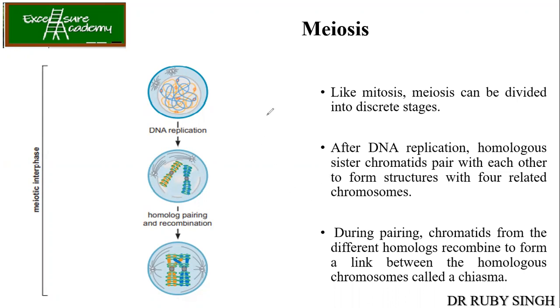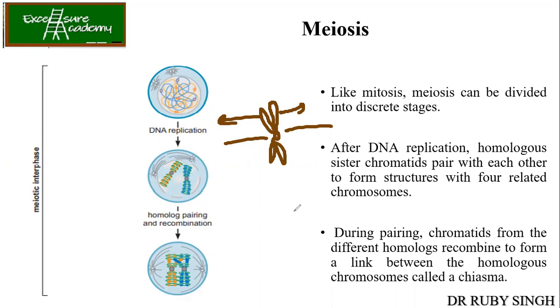So usually during mitosis, we have a chromosome like this. Okay, and to this the spindle fibers get attached and the respective sister chromatids go in the opposite direction. Whereas in the case of meiosis, there is homologous pairing and recombination happening. Now, why is homologous pairing happening? Because of these chromosomes, one copy you get from your father and one copy from the mother. Since they belong to the same type of chromosomes, they pair. So that is why homologous pairing is happening.